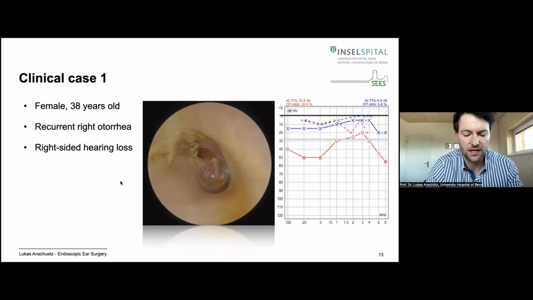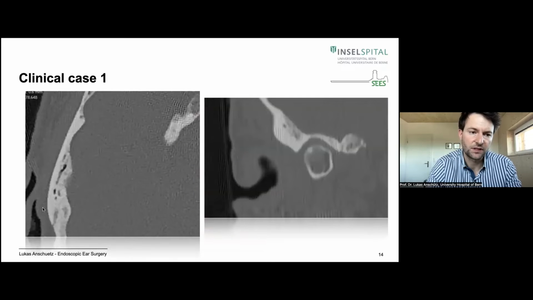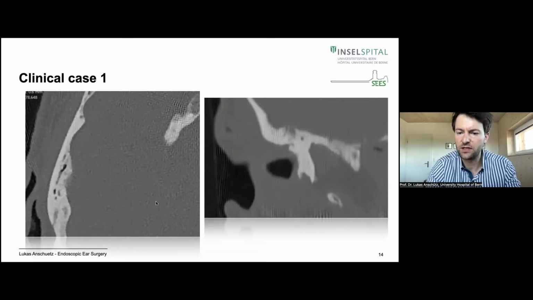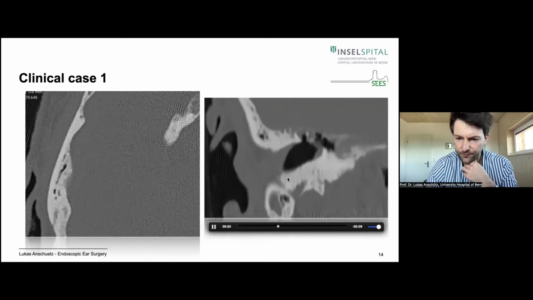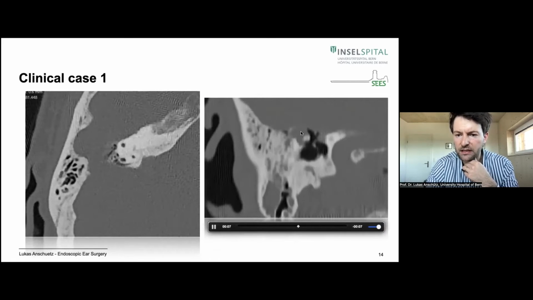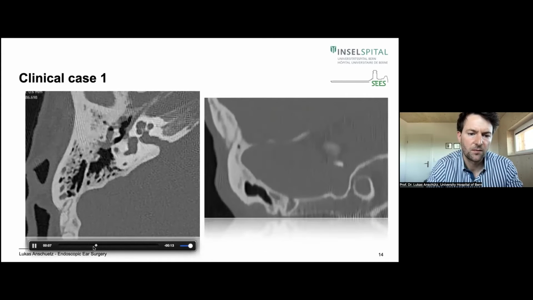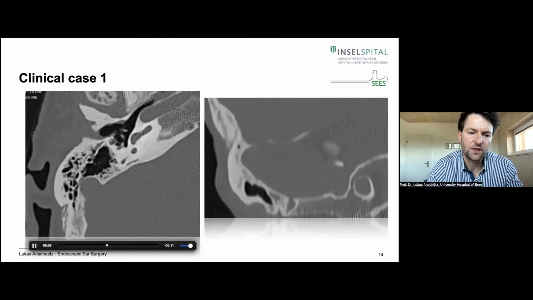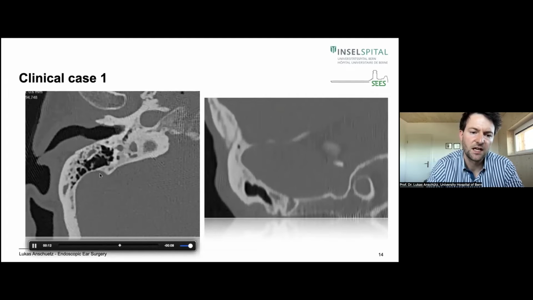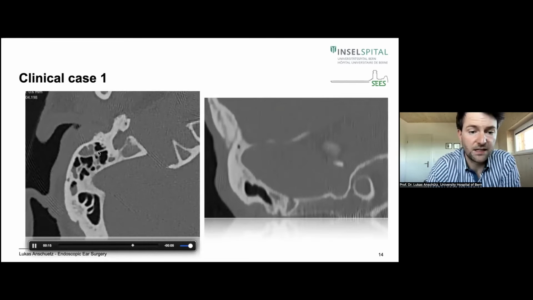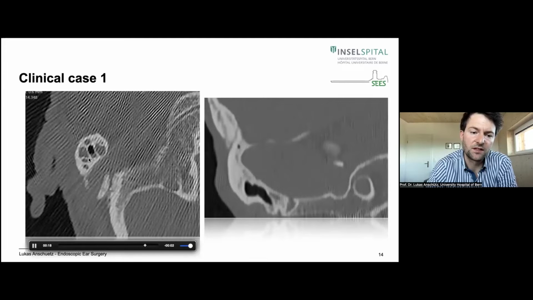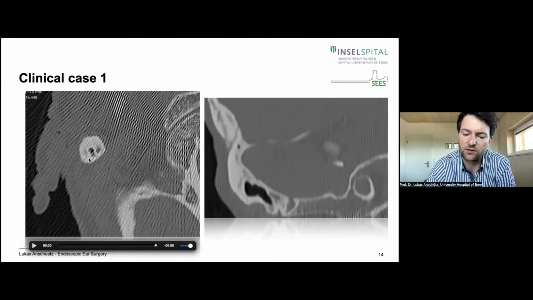Okay, so I told the patient you will need to have some surgery because, of course, the cholesteatoma needs to be removed. And before the surgery, we perform the CT scan. You can see here the coronal view. Here you can see the cholesteatoma. Here you can see it very well, the cholesteatoma. Perhaps I can go back just a second. Here, the cholesteatoma. And you can see the rest of the mastoid, very prominent sinus. The rest of the mastoid is basically normal, just a few cells with a little bit of mucosal swelling in the tip of the mastoid.